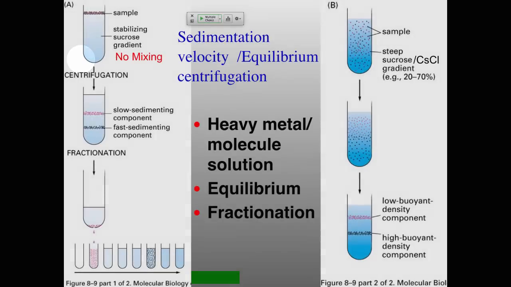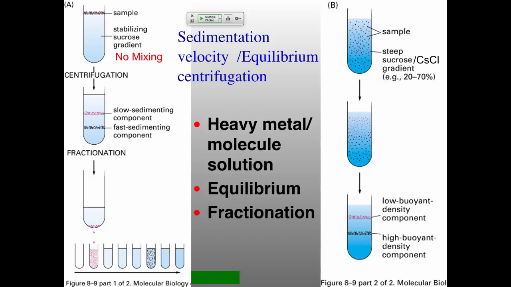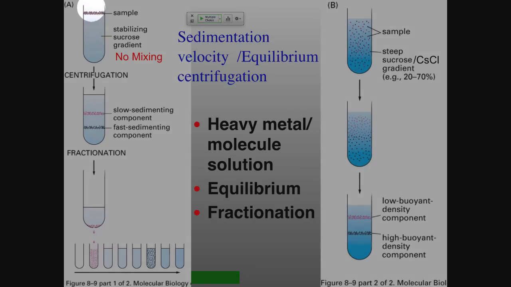But the main one, particularly in terms of Svedbergs, is sedimentation. And so the way that you do this is you have a centrifuge tube with, in this case, sucrose or some other kind of gradient down at the bottom here. Put your sample at the top and spin it. This is actually not unlike a gel, where you've got different sizes, in this case it's a different density of holes that you're separating things through. In this case, it's a gradient of increasing density of usually sucrose. As this spins, they'll have fast sedimenting components, which are the small ones,